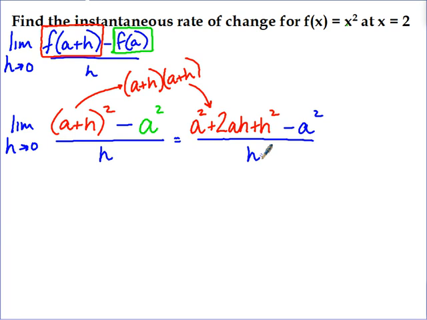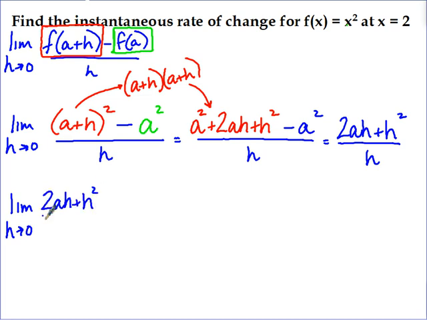Okay, so now I can simplify. I can see that my 2a squareds are going to subtract away. So I'm left with 2ah plus h squared all over h. Okay, and I still have this limit out front. And so now I have 2ah plus h squared all over h. So I just rewrote it. Now I can factor an h out of my numerator. So I have 2a plus h over h. So all I did was factor an h out, and now you can see your h's will cancel, which is